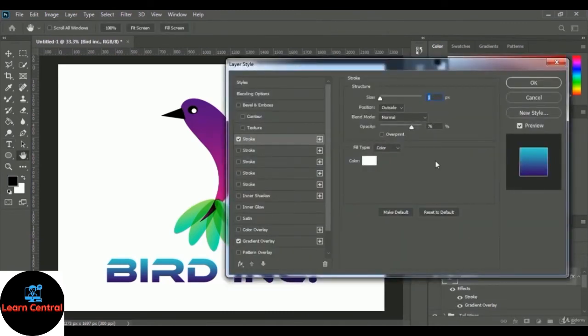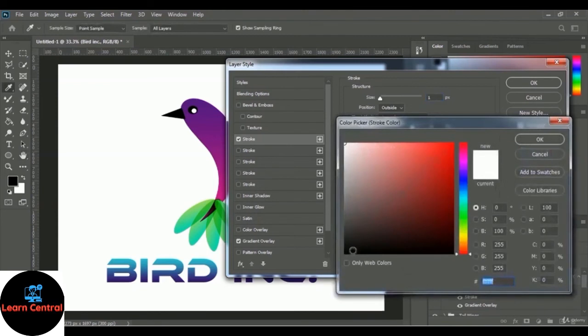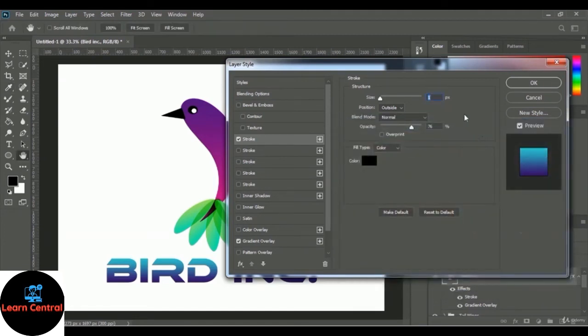Here is the pop-up to add a stroke, but you can take a look. Right now the color is white, but we will use black color for our stroke, so therefore we have to change the color. You have to click on here, then you will get the color picker option, and let's select the black color, and I'm selecting OK. Okay, position will be outside, and let's increase the pixel for stroke,